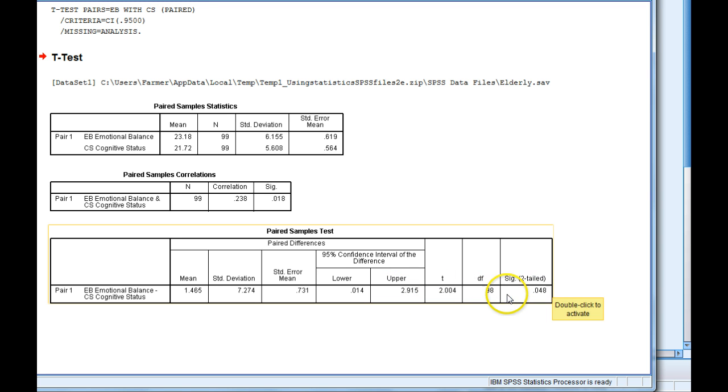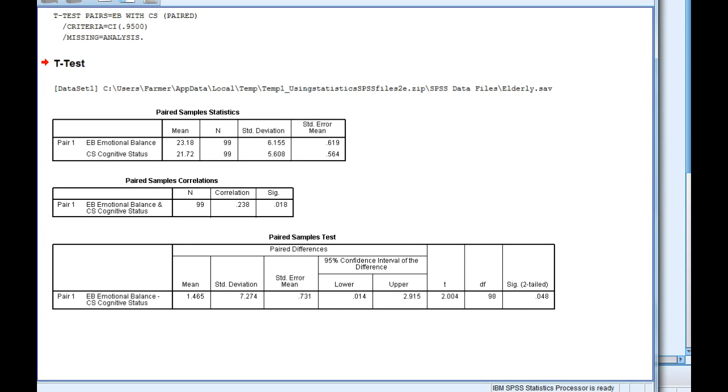Again, when we look at the significance level associated with our t-value for the test at 98 degrees of freedom, we have a two-tailed alpha that's less than 0.05. So again, we are finding that there is a significant difference between the means, that this almost 1.5 point difference on average between those two variables is statistically significant. Overall, our interpretation is that while there appears to be a positive association between emotional balance and cognitive status, represented by the significant Pearson product moment correlation coefficient,